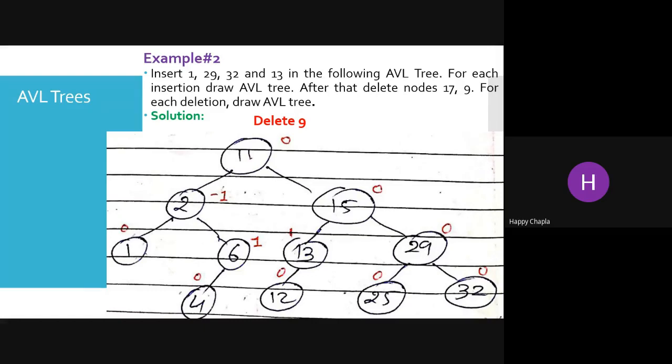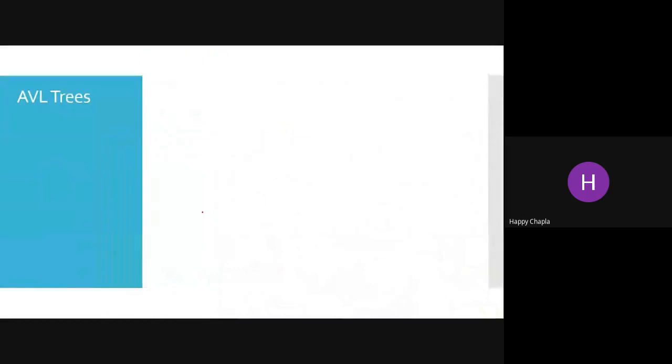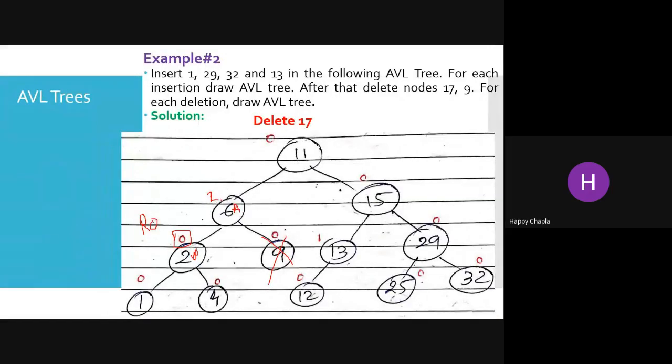Here we have to give the R0 rotation. Why R0 rotation? Because whenever the balance factor of your B node... imagine where the unbalancing is happening, over here. So that node is known as A, the left node is known as B, because we are trying to delete something from the right hand side. Your B node contains the balance factor 0, so you need to give the R0 rotation. If here the balance factor is 1, then we'll give the R1 rotation.